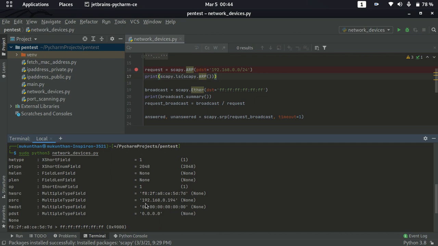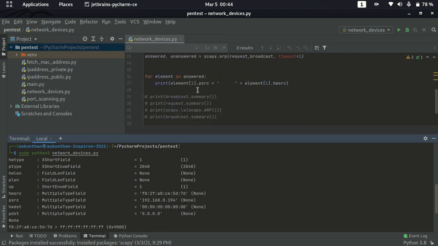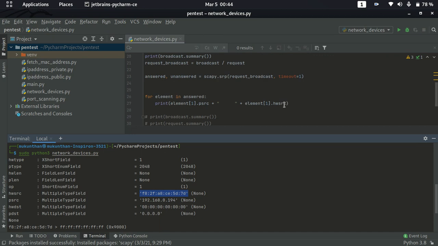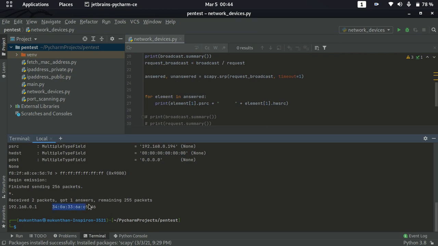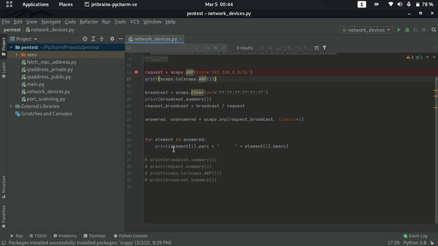And PSRC, this is the source. So that's the reason even in our output here you can see PSRC. In the answered way we are going to see PSRC. And HWSRC, I think it should be here. Okay, HWSRC. That means hardware source. So what is the MAC address of the current device, that you can see. The same way in the answered output we are going to see the hardware source. That means we are going to get the MAC address. So that's the reason in the output we are seeing the MAC address and we are seeing the IP address. So this way by using the ls command also we can understand what are the different attributes or what are the areas we need to give the values from our side.